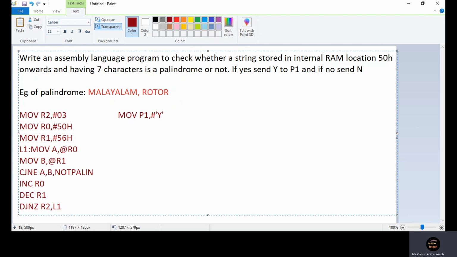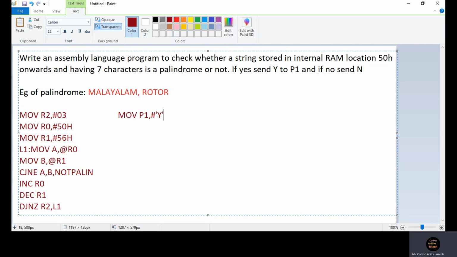If you give a character within single quotes, then its ASCII code will be taken. In this case, the ASCII code of the character Y will be sent to P1.